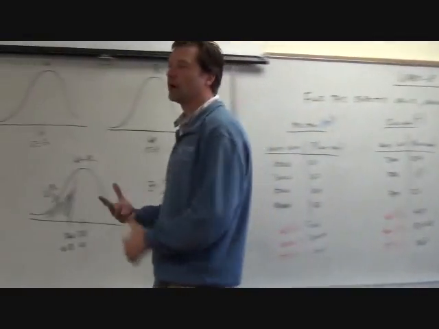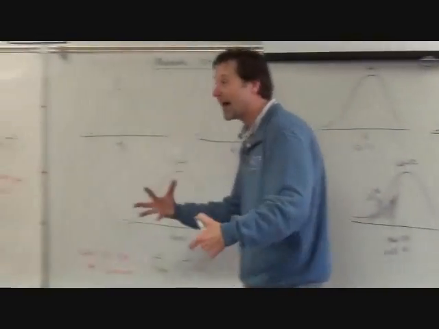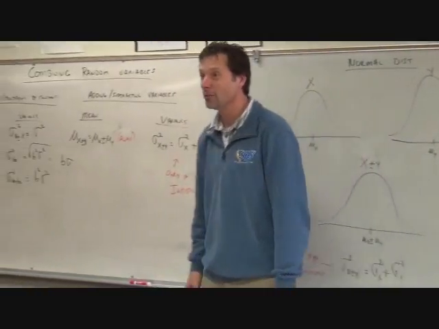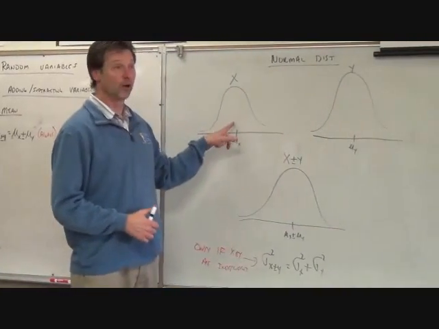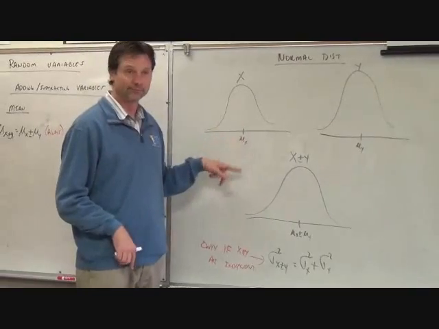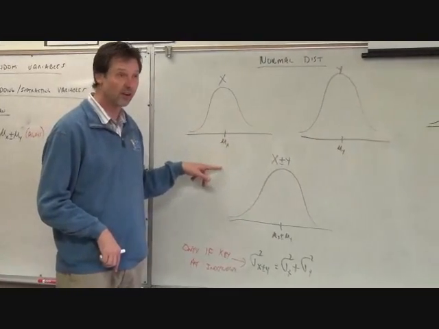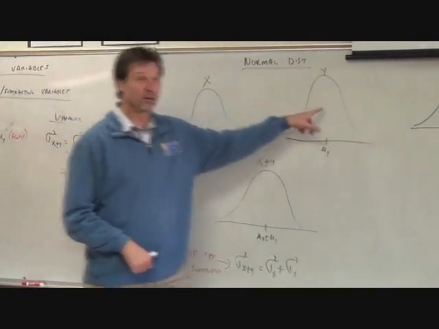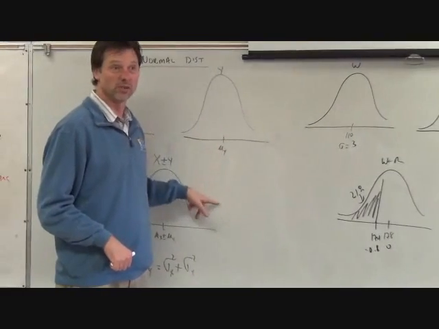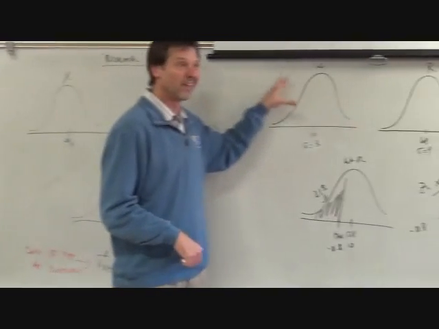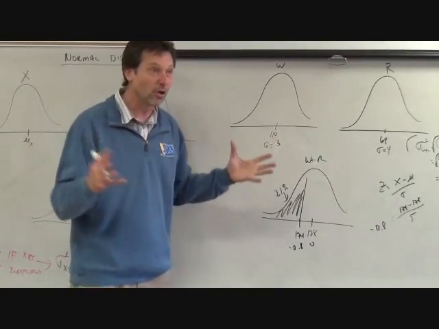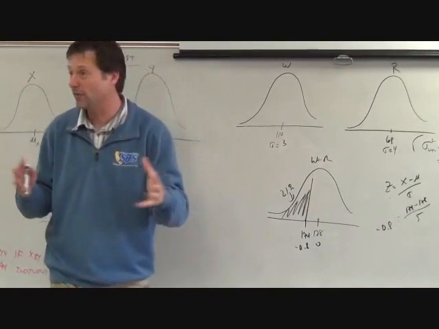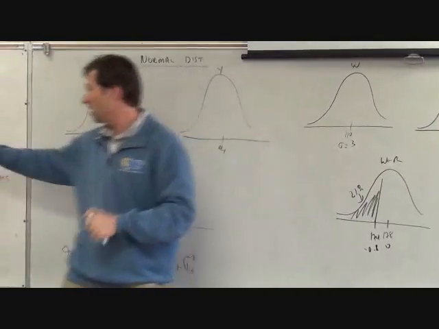Okay. This also holds. Let's say I had 4 people running a relay race, and their combined time was going to determine if they won the race or not, like cross-country teams or whatever. So say I had one runner, and his average time was 27 minutes with a standard deviation. I had another runner, his average time was 26 minutes with a standard deviation. I have another runner, his average time was 28 minutes with a standard deviation. If I was going to combine the 3 and try to figure out if they won the race or not,